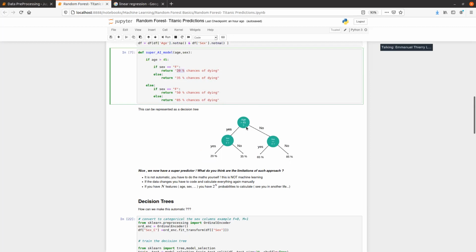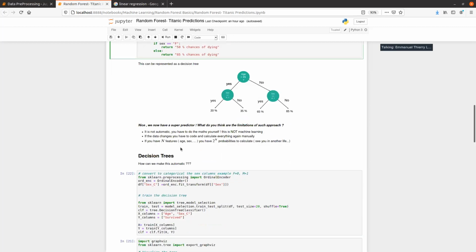In that case, I said that age is more important than sex, but actually I think it's the reverse in reality. So all of this was done by hand, and this is indeed not machine learning.